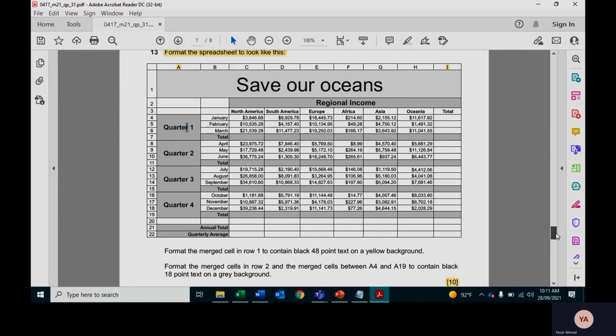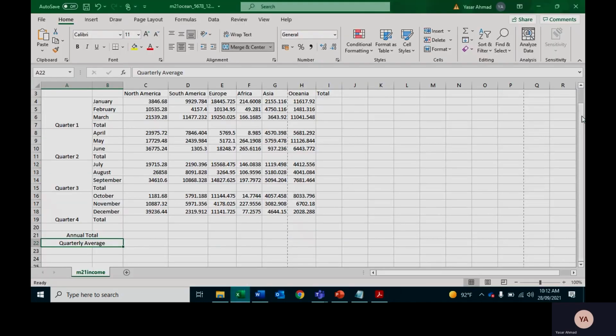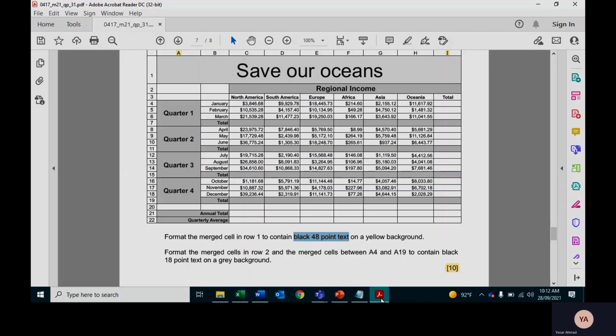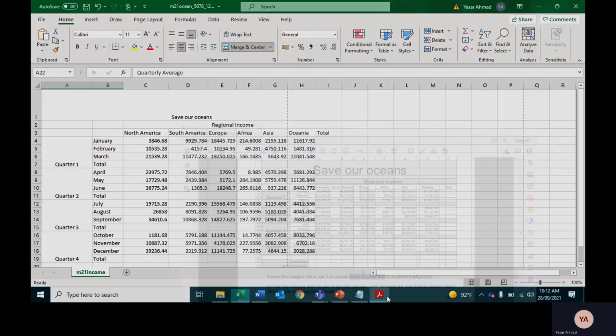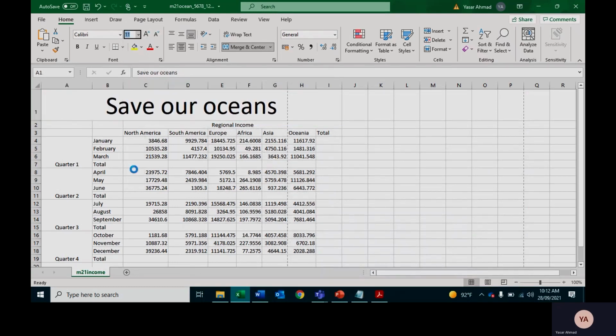Right, okay, let's go ahead and format the first row. So format the merged cell in row 1 to contain black 48-point text. Okay, I'm just checking to see if there's anything about serif or sans serif. No, there isn't. Let me have a look at the picture. Yeah, it looks like Arial or a sans serif type of font. So we leave it as it is. So 48